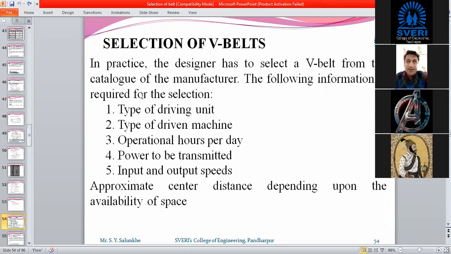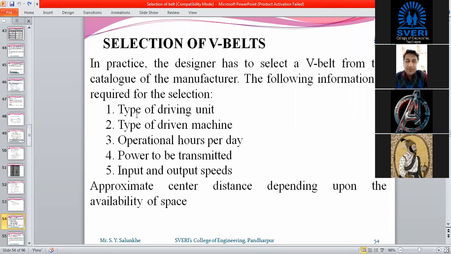In case of V belt, there are 5 steps, and we have to follow these step by step to choose the V belt. First of all, we have to consider what type of driving unit you are going to use. Then the type of driven machine that we have to consider.